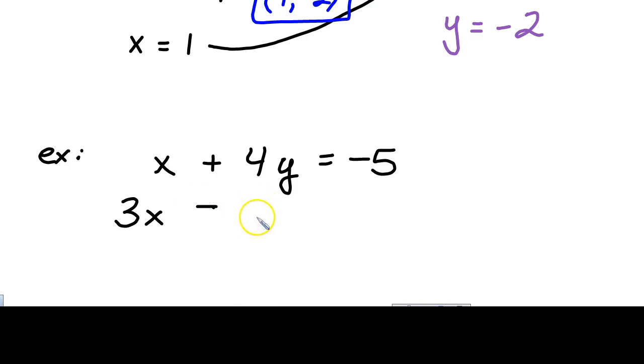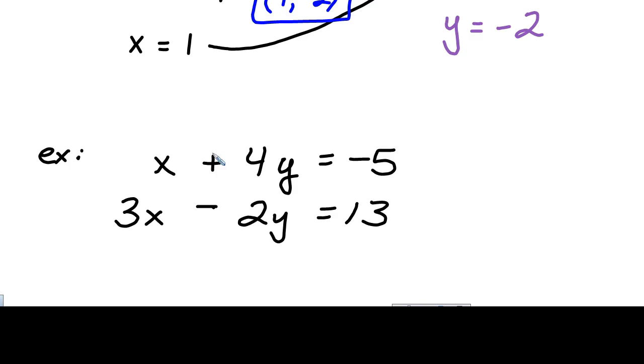In order to make it so that we can eliminate one of the variables, we're going to have to take one of these equations and multiply the entire thing by a number. Sometimes you'll end up having to take both equations. More often than not, if you have to take both equations and multiply everything by a number, then you're better off just using a different